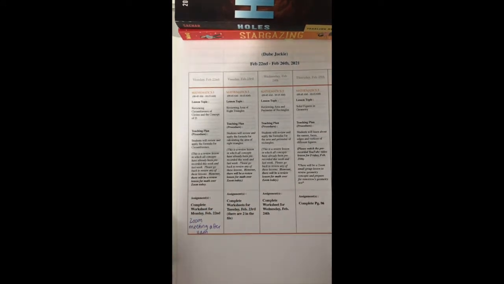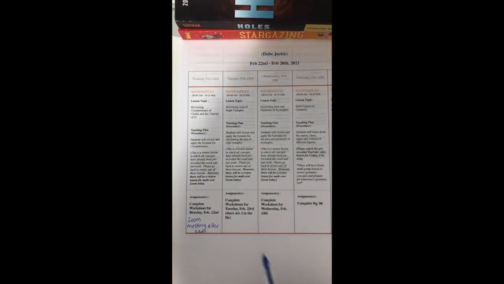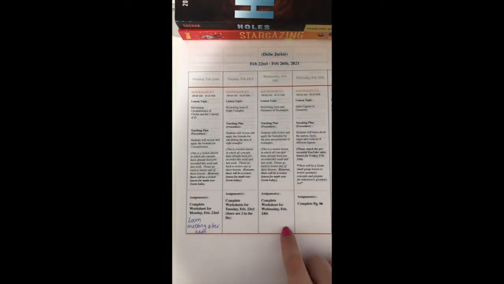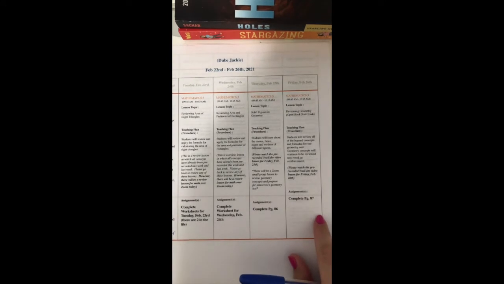And then also you can schedule a one-on-one for math. If I've noticed that you're struggling with math or you've told me that you need a little bit of help, I will be having a small group meeting after 11 today. Depending on how we do with our small group meeting, we will have one at 1 o'clock if needed. This will be the same every day this week because on Friday, on page 87, you will have a complete geometry review, which will count as a test grade.